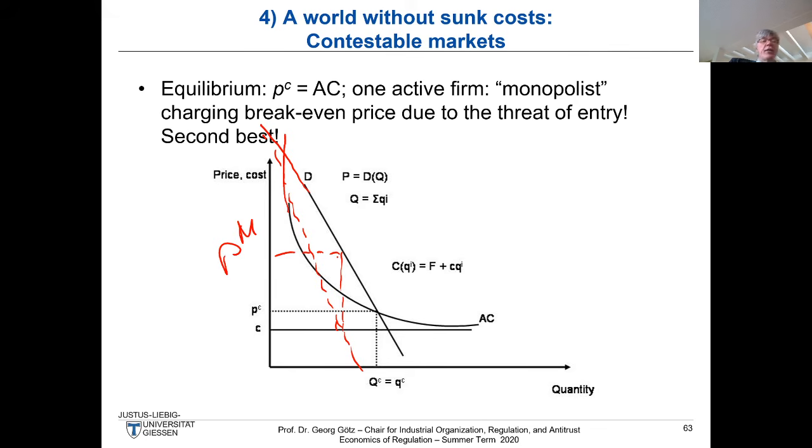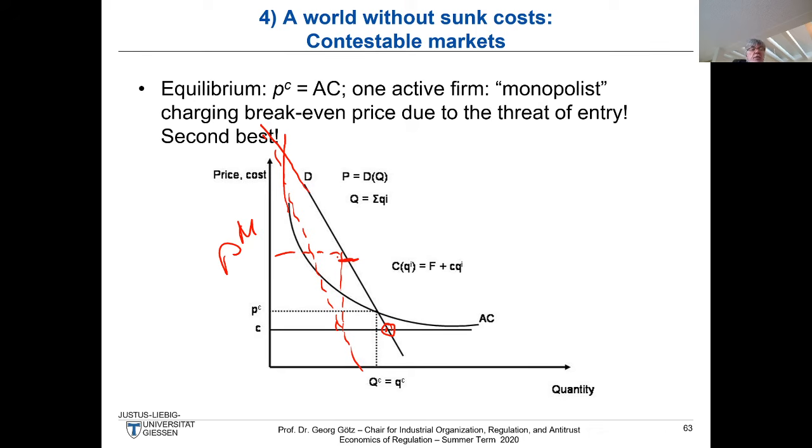And now, why is that not an equilibrium if we have contestable markets? Clearly, because if Lufthansa sells at a monopoly price, Ryanair would just jump there, take all the passengers, slightly undercut Lufthansa, and then take all the business. Lufthansa, knowing that, would have to reduce the price. And how far do they have to reduce the price? Certainly not as in the Bertrand paradox to price equal marginal cost, because at a price equal marginal cost, which would be here, the firm would make losses.